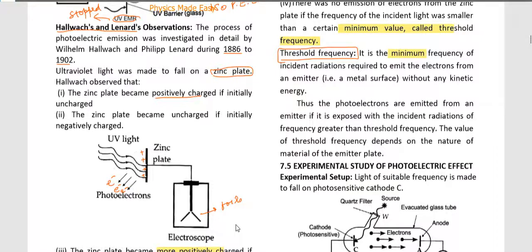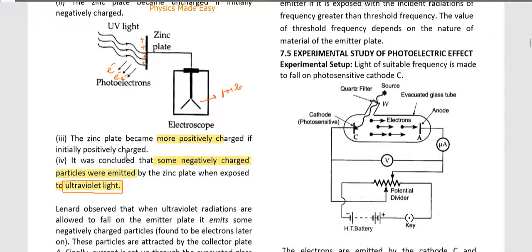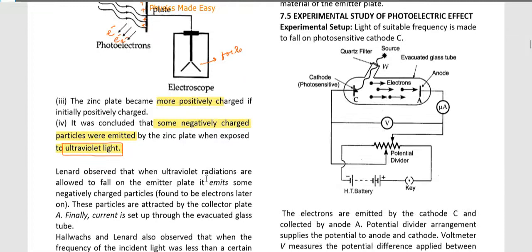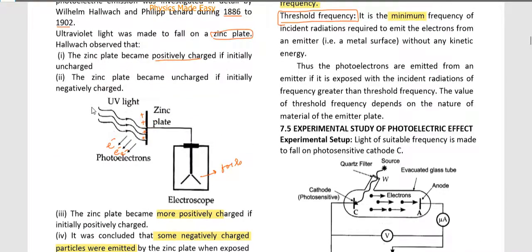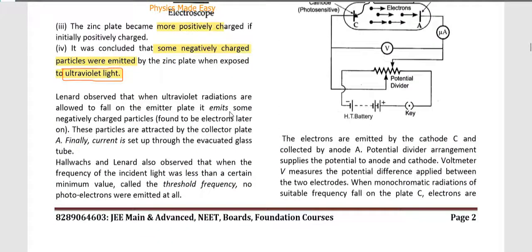So that's why we thought the zinc plate acquires positive charge. The zinc plate becomes more positively charged if initially positively charged, and if negatively charged, it will become neutral. So when it is exposed to ultraviolet light, and note down, photoelectric effect is caused by ultraviolet light. If you remember this fact, it may be useful for you. Now another was Lenard's observation. Above was Hallwachs's observation, and